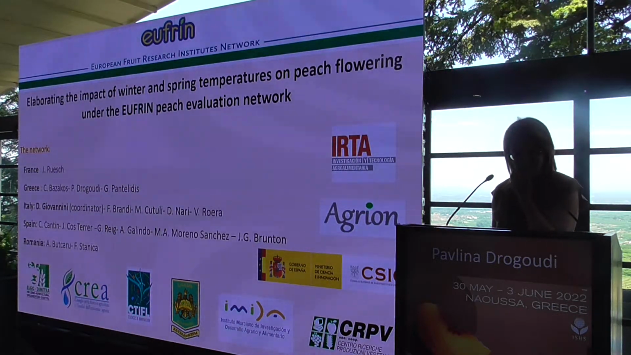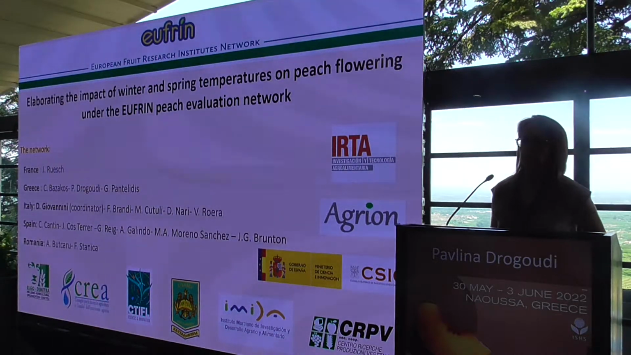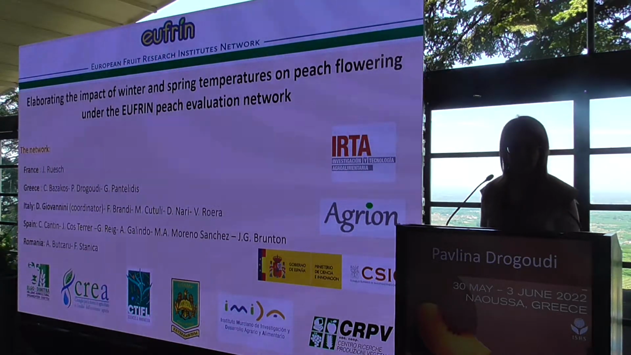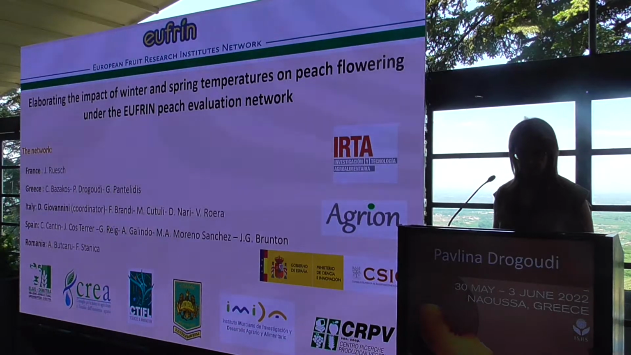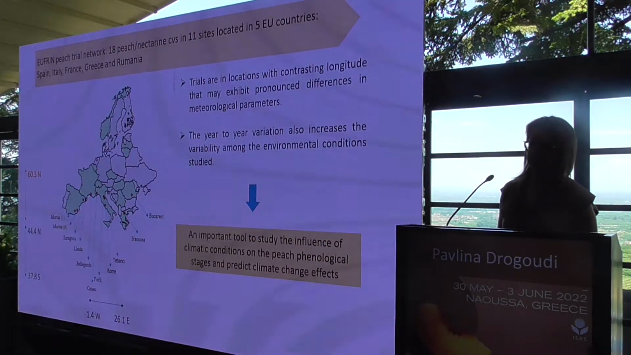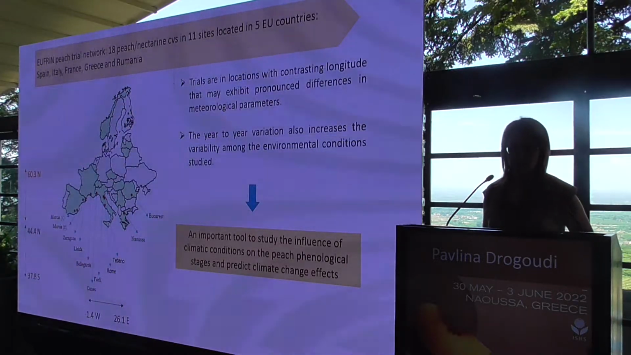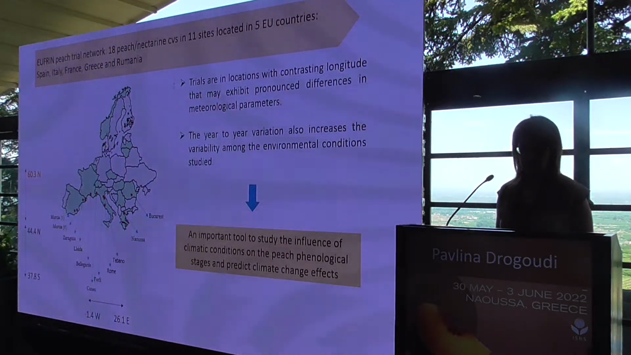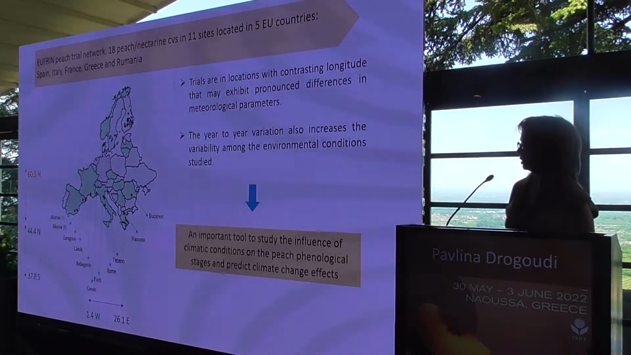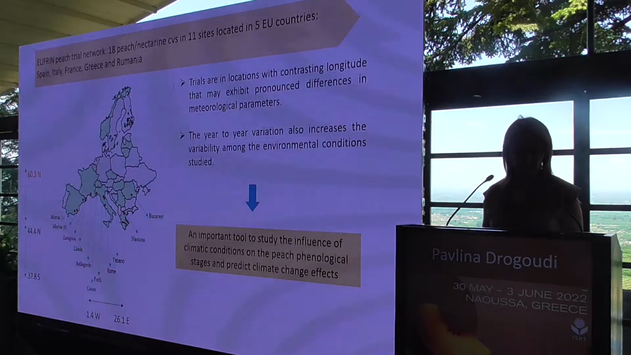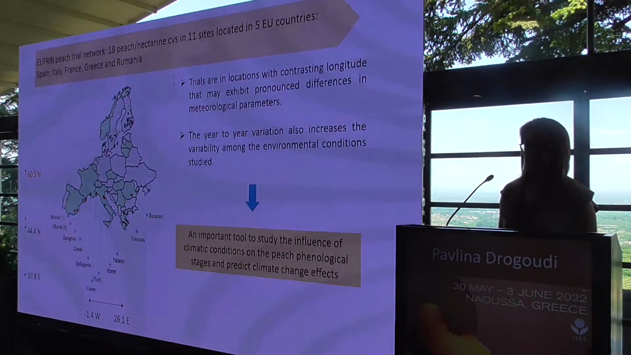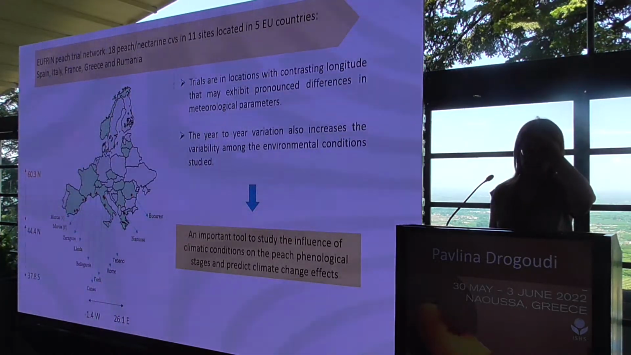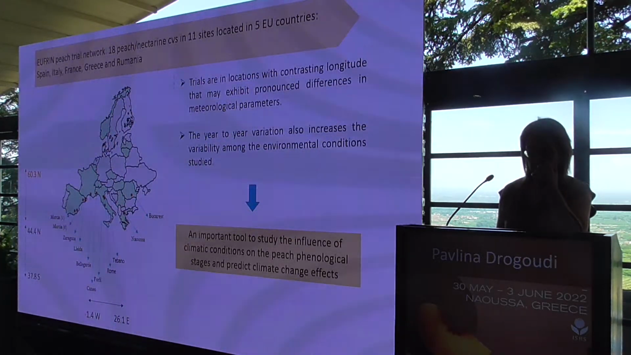And here I would like to present some of the new, just analyzed data from our EU-funded trials that are made in 18 peach cultivars located in 11 sites in 5 European countries: Spain, Italy, France, Greece, and Romania, as you may see on the graph. These sites differ in northern and southern latitude, and go from the west to the east. The trials are located in contrasting longitudes that may exhibit pronounced differences in meteorological condition parameters,